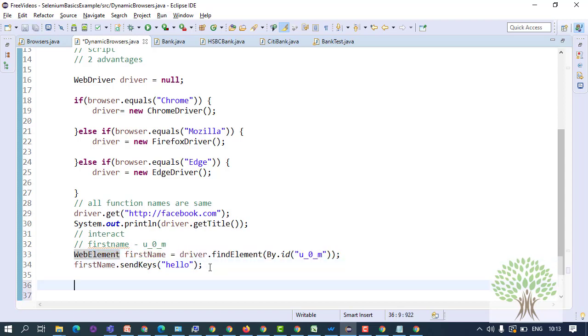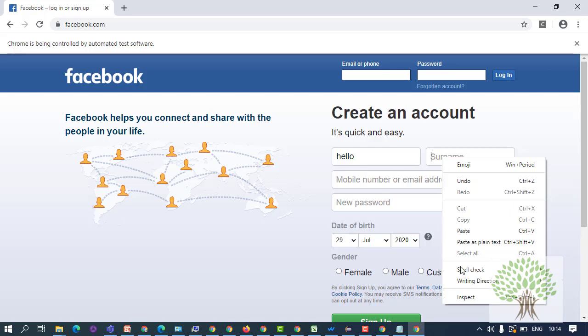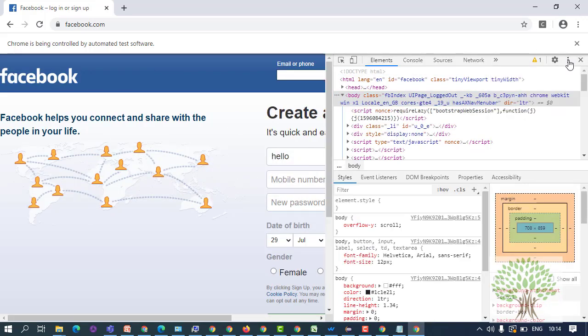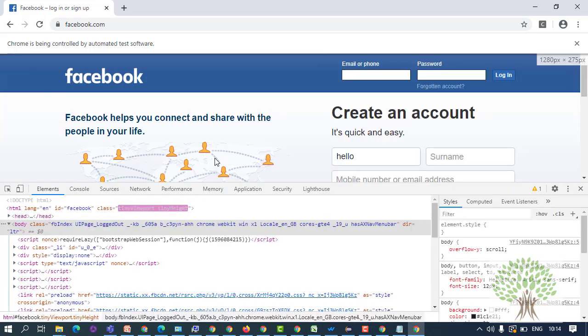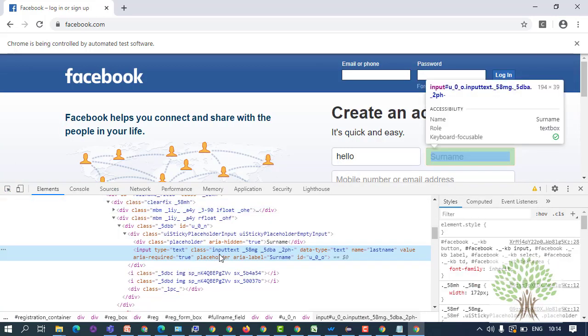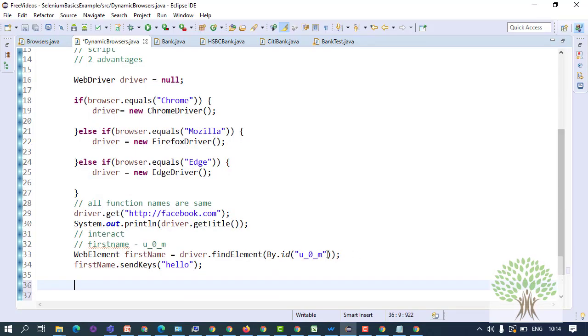Now similarly, suppose I have to type in the surname field as well. Okay, I can inspect this element. You look at this surname field and this has an ID and this also has a name. So the name attribute is also unique and it can be used to identify the element.